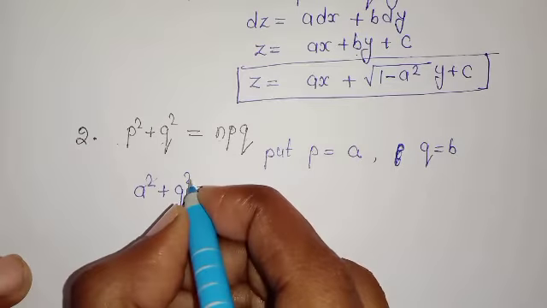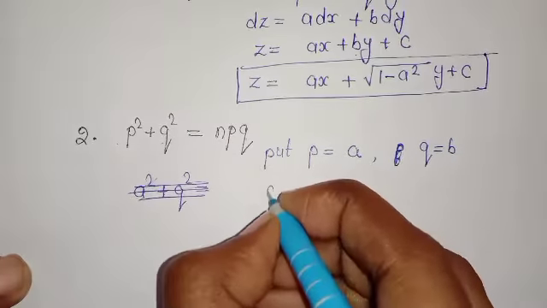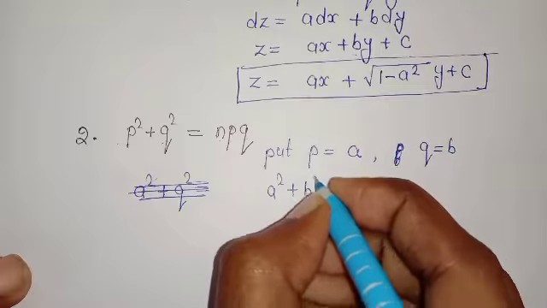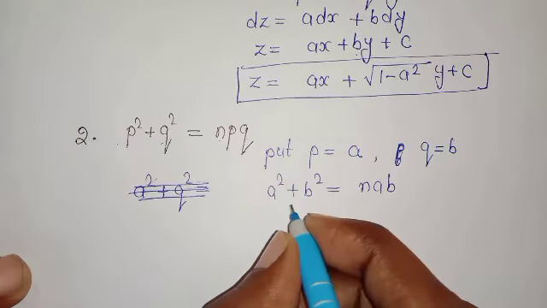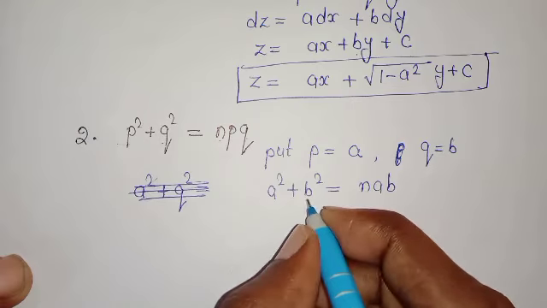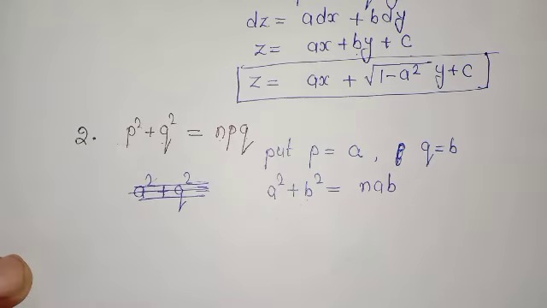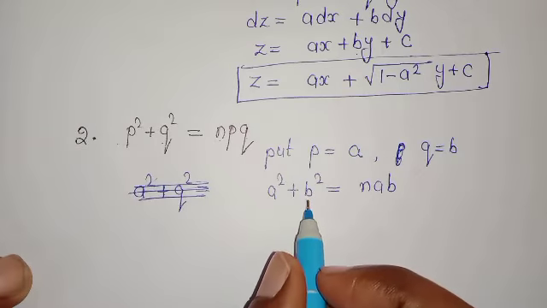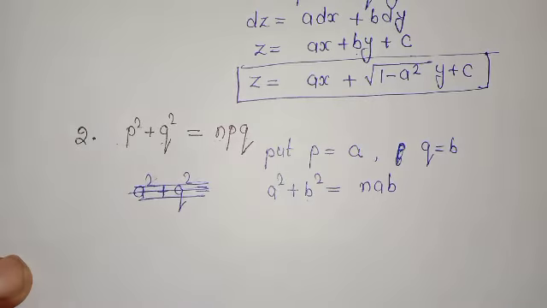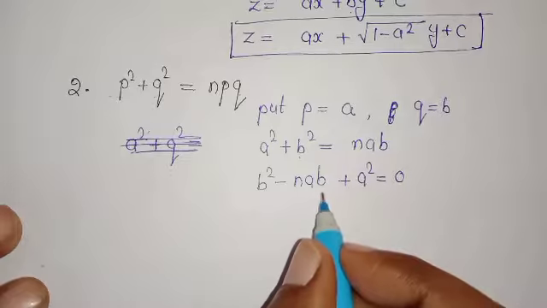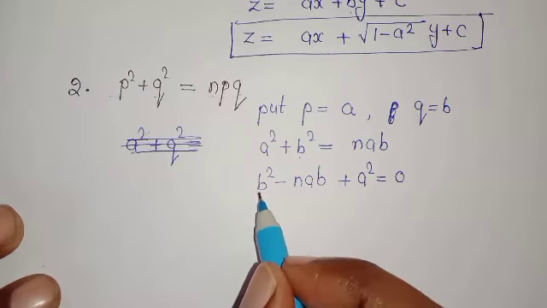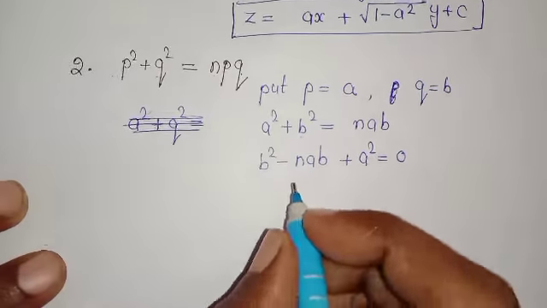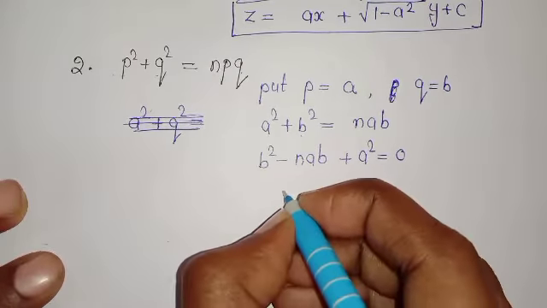So this equation takes the form A square plus B square is equal to NAB. Now in this equation we have to find the value of B, so we have to make this equation quadratic in B so that we can find the value of B in terms of A. So this equation becomes quadratic in B and we can solve it by the method B is equal to